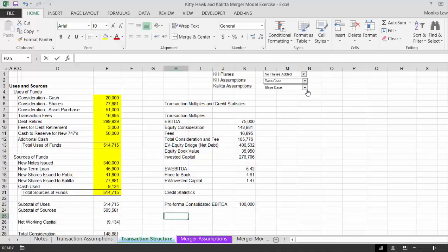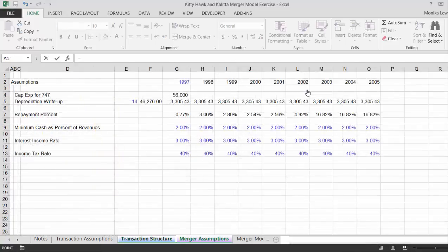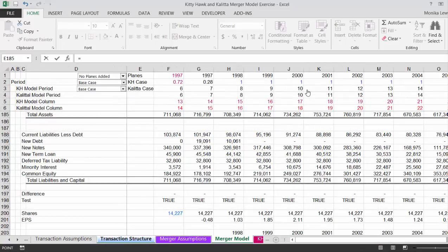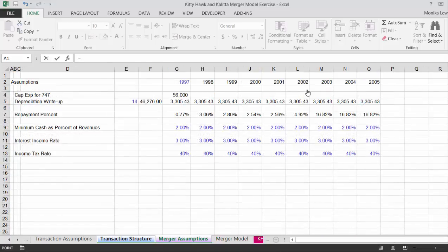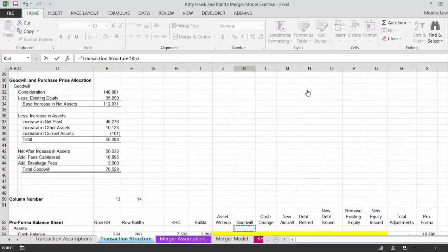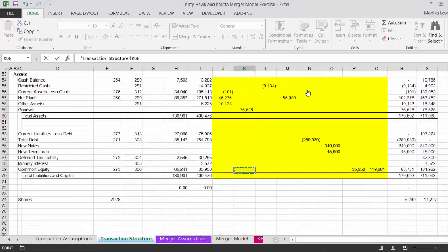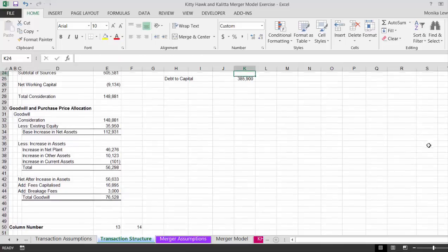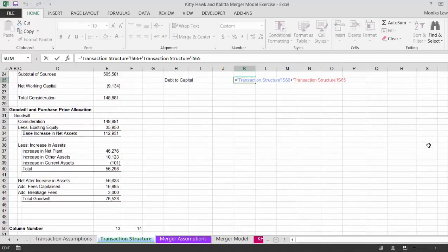Now, the first thing we can do is compute our debt to capital, our debt to equity. I suppose we go to the merger model, or we go to the transaction structure really, and we look at the debt here, which is this plus this, and let's divide that by the total capital. Now, I want to demonstrate to you that the